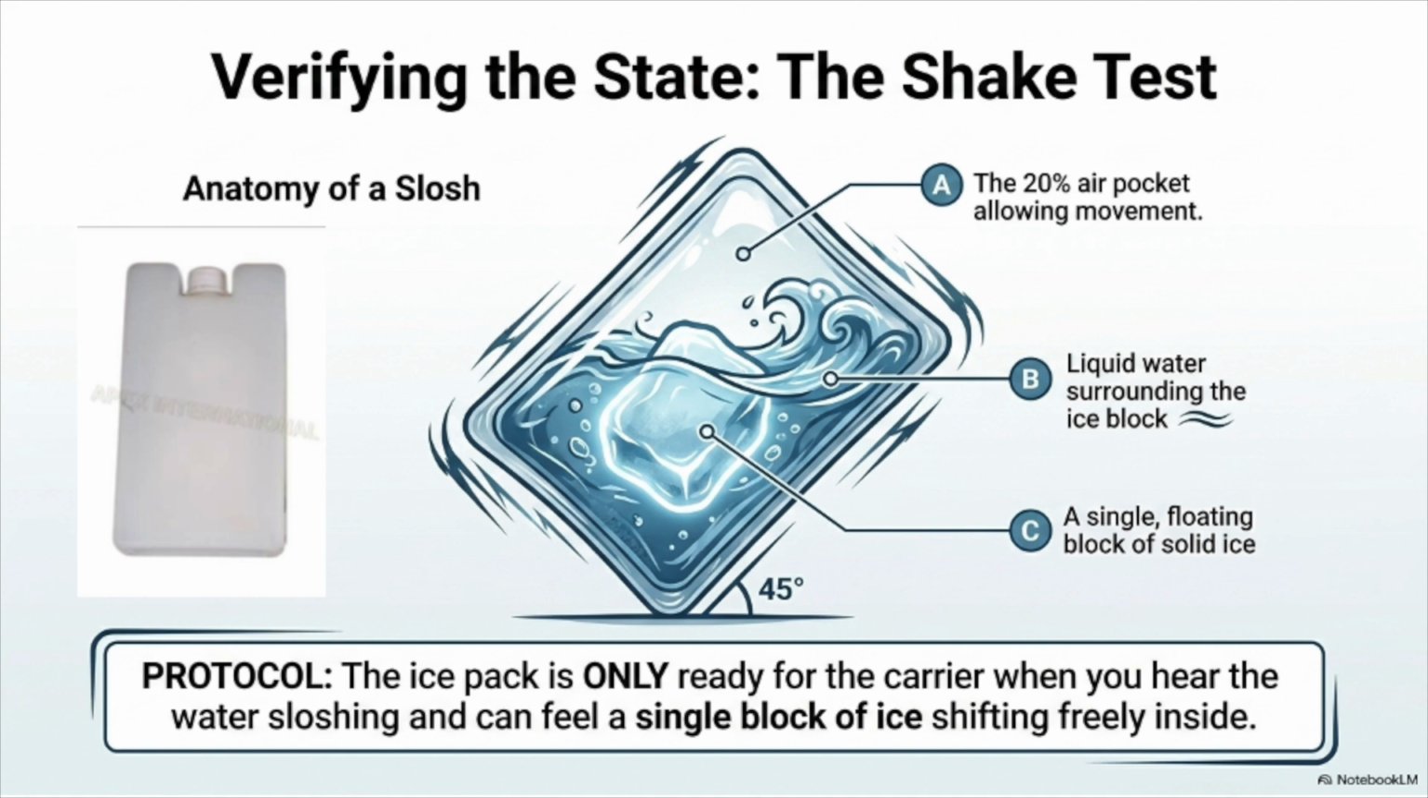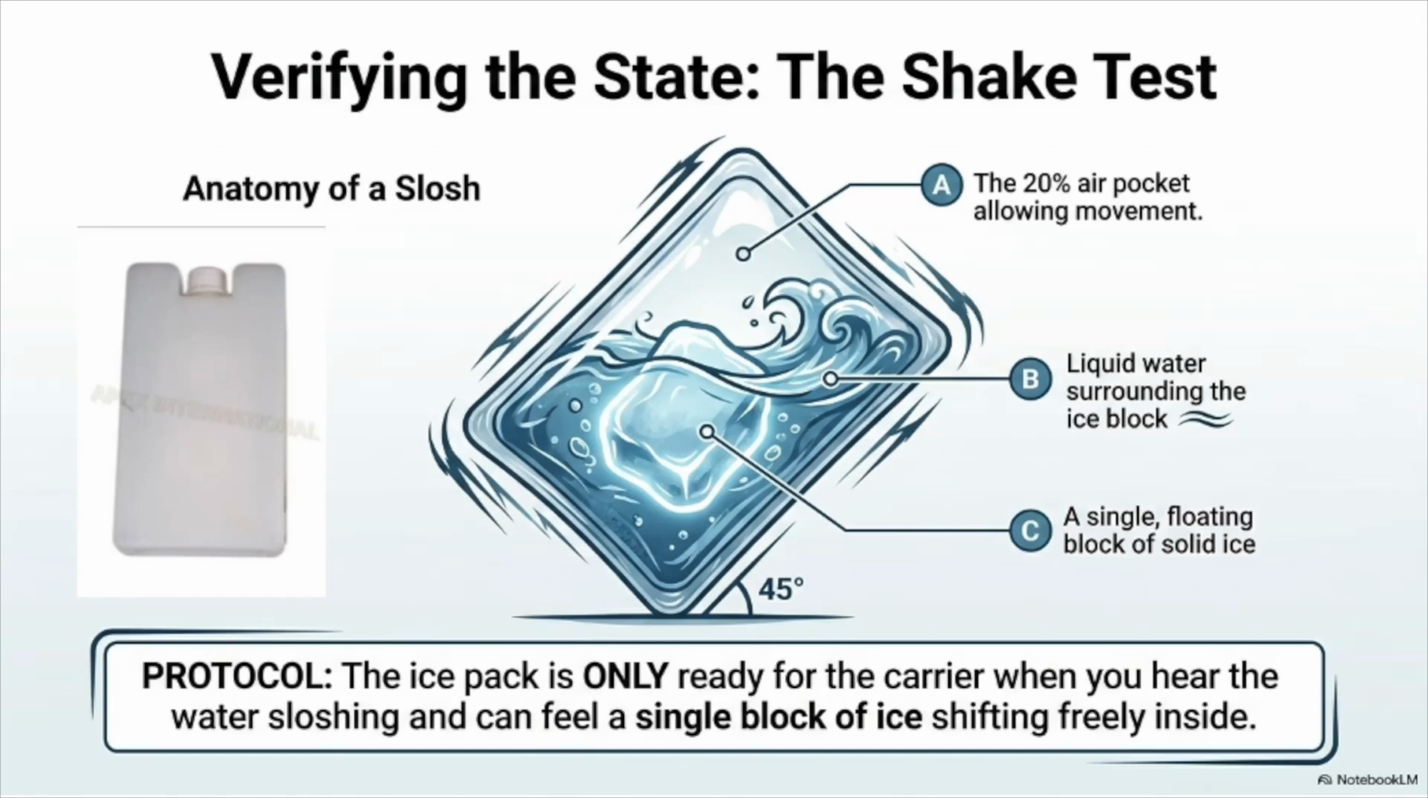This is done through the shake test. When you hold the ice pack at a 45-degree angle and shake it, you should be able to hear the water sloshing and feel a single block of ice shifting freely inside. This confirms the presence of the air pocket, the liquid water surrounding the ice block, and a single floating block of solid ice. The protocol is clear. The ice pack is only ready for the carrier when you hear the sloshing and feel that single block of